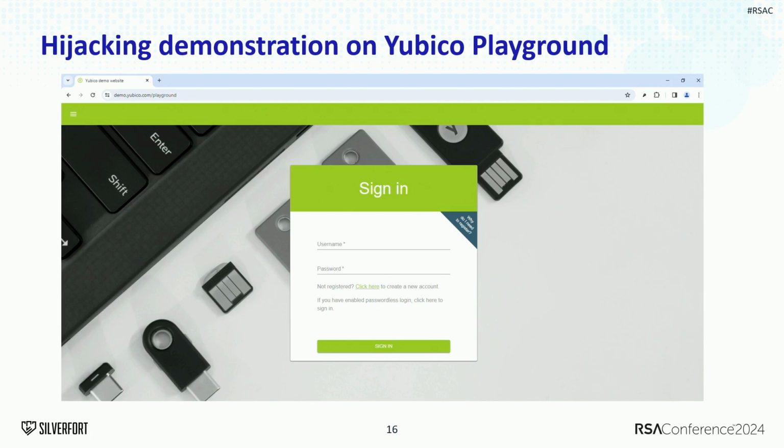I took an example of Yubico Playground, because Yubico demonstrates the security features of FIDO, and it's a simple, direct application. FIDO authenticates directly without any other players in the authentication itself. So let's see what happens in the following demonstration.